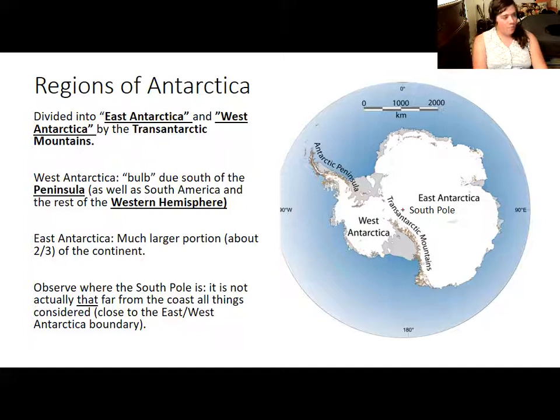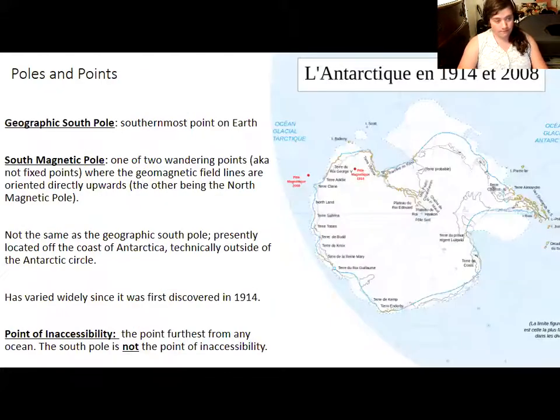Antarctica is divided into East and West Antarctica by the Transantarctic Mountains. It's a naming convention, but West Antarctica is the smaller bulb with the peninsula, and then East Antarctica is this much bigger mass. The South Pole actually isn't that far from the coast, all things considered, and it's pretty darn close to the boundary between East and West Antarctica. East Antarctica is a lot larger. It's also where I was. My research area was down here in the Ross Sea. And East Antarctica is one giant mass of rock. It has actually been more or less all stable together since very early on in Earth's history. It's very geologically stable, and we'll talk more about what that means in the geology unit.